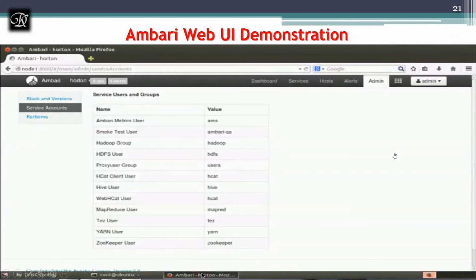This is just a simple demonstration of how to start Ambari, how to see the dashboard view, the services, the hosts, and the detailed summary of each service. I did not try to change anything over here. Even I am new to this. I did not try out anything on Ambari.